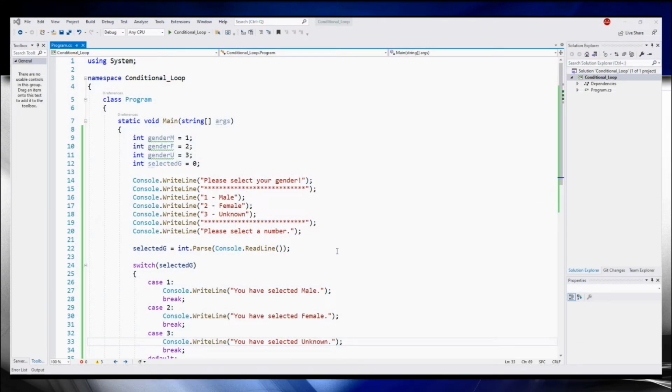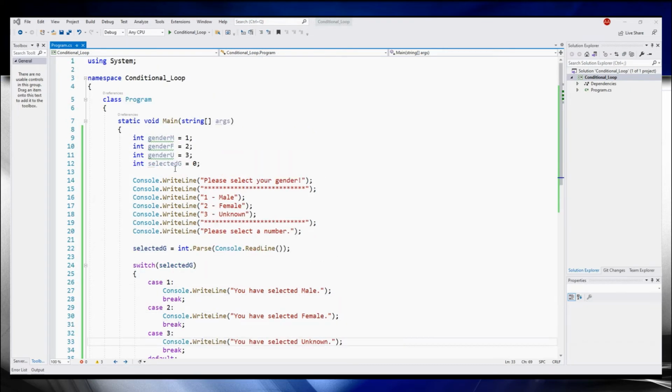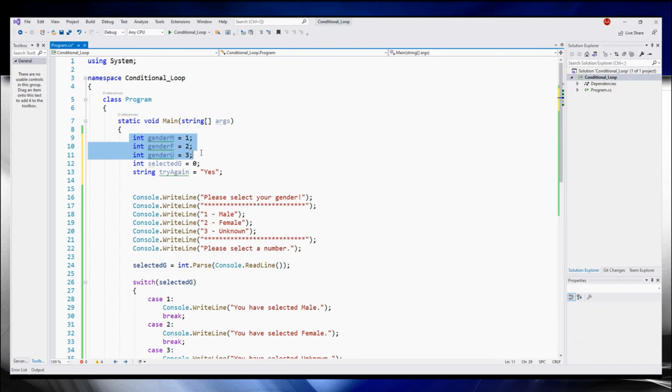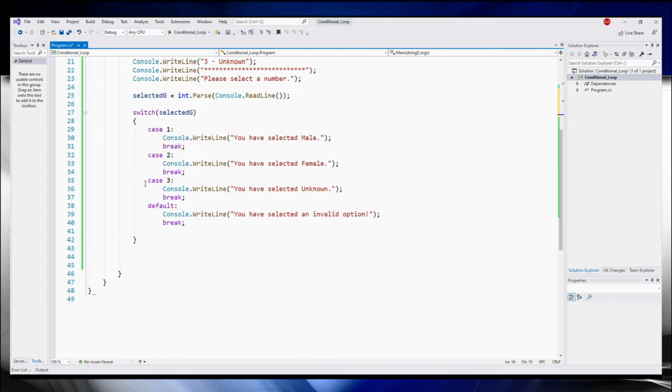So we will be using the same application that we created earlier, and in this one we will provide the user with the option to try again or exit out of the application. So at the very beginning, let's create another variable, of type string this time, and let's call it tryAgain. We'll make that equal to yes, and we will not need these variables anymore, so let's comment them out. While tryAgain equal to yes, delete this one and come all the way at the end, add our brackets right here. Okay,